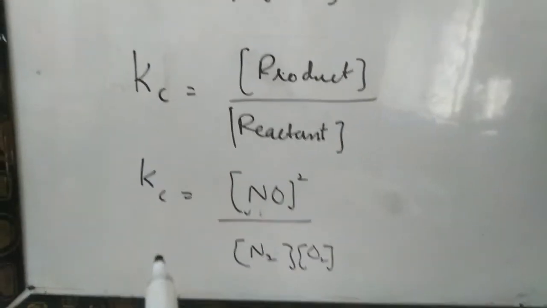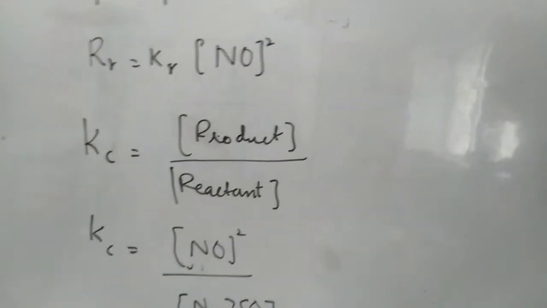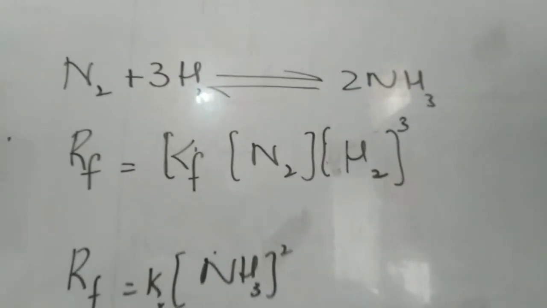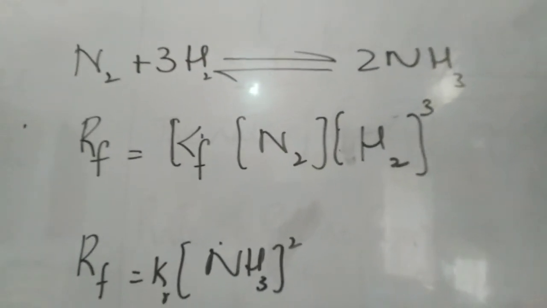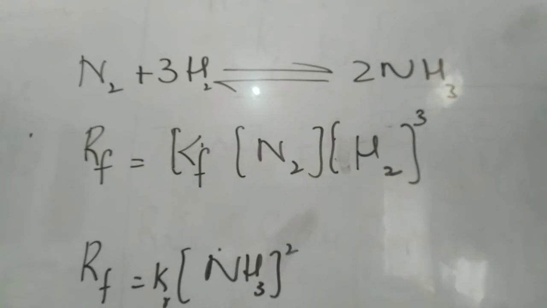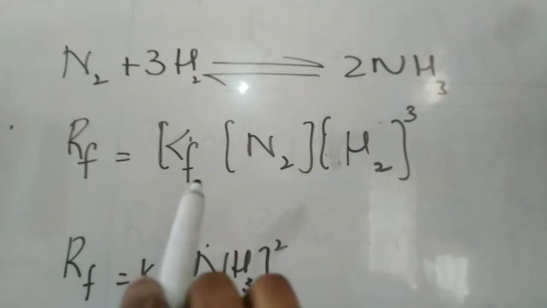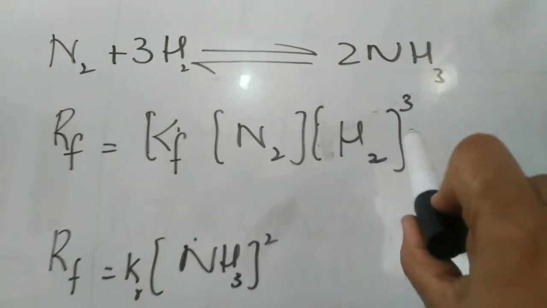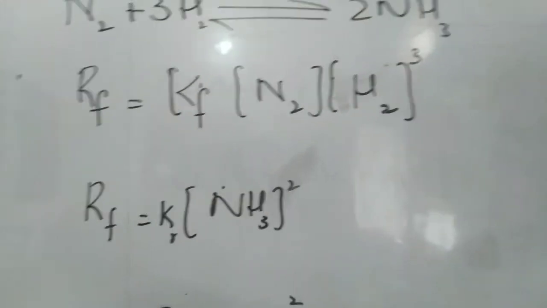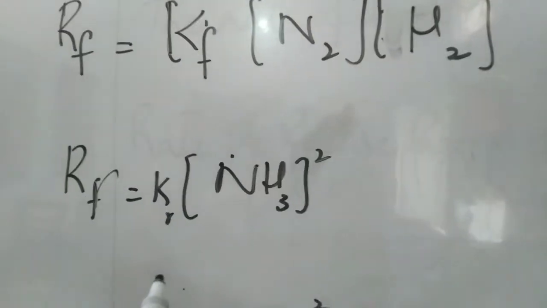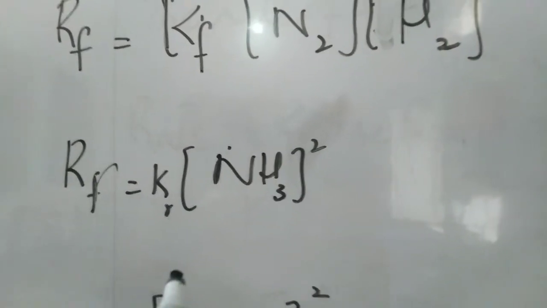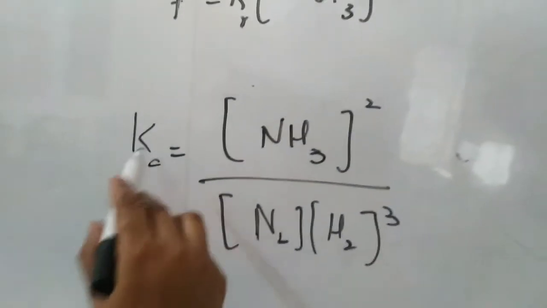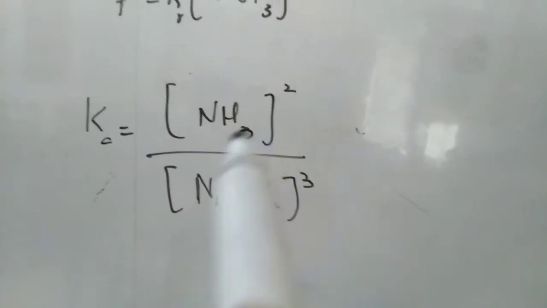Here is another example which is detailed and discussed in your book, that is of ammonia, N2 and H2, 2NH3. If you can see, it is a reversible reaction, dynamic equilibrium is established. Here we use Rf is equal to Kf, N2 and H2 raised to the power. Here we convert the exponent into the power. Then the rate of the reverse reaction, in the reverse reaction, this is Kr, that is equal to NH3 to the power 2, and here is the final Kc, which is equal to the amount of the product over the reactant.